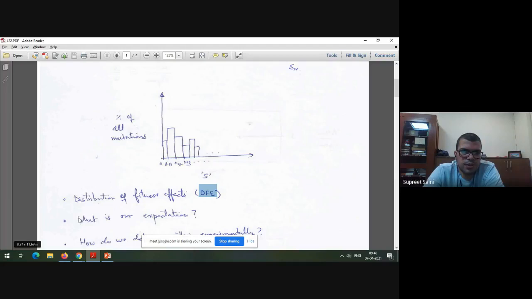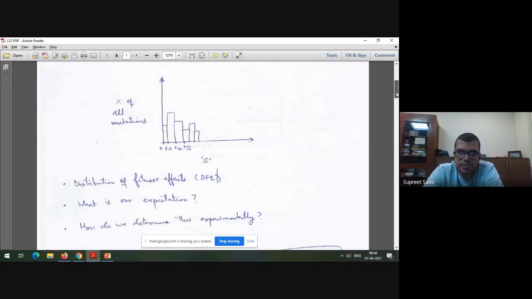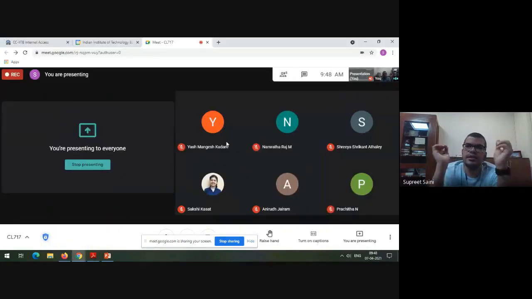So now, what is our expectation? The expectation is something we have discussed before: some sort of a decreasing function. The question that this paper starts with is, how do we determine this distribution experimentally? That is the central question this paper is dealing with: the determination of a DFE for a bacterium, E. coli in this case,